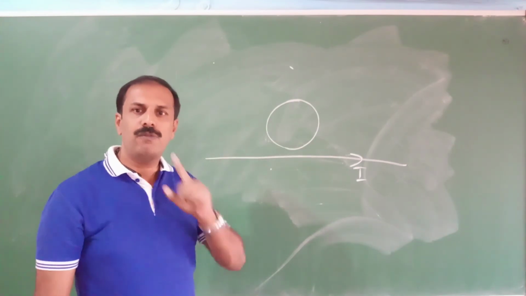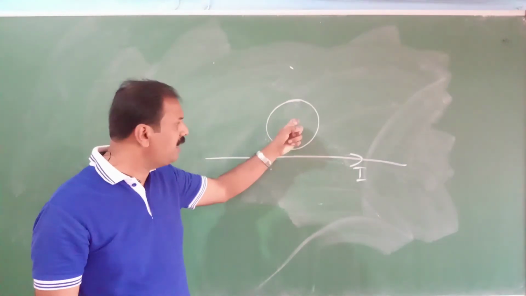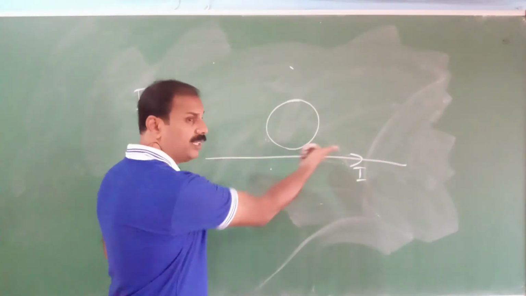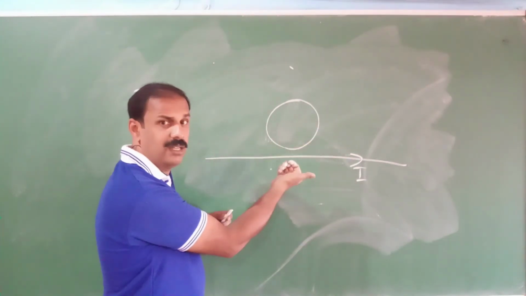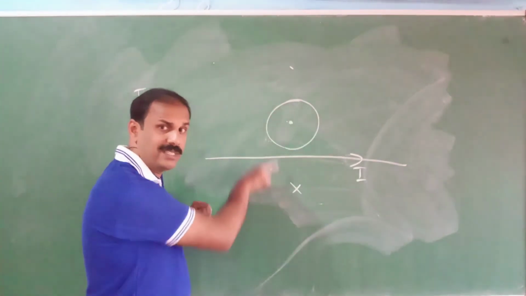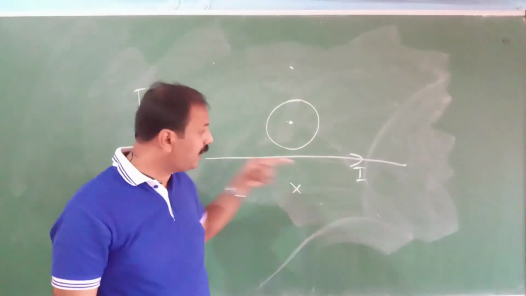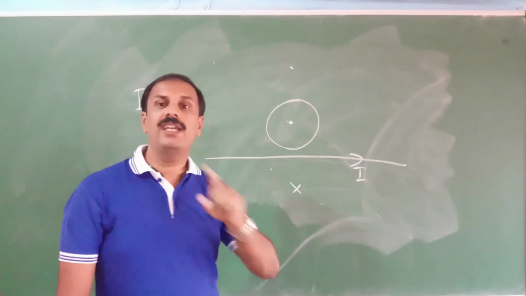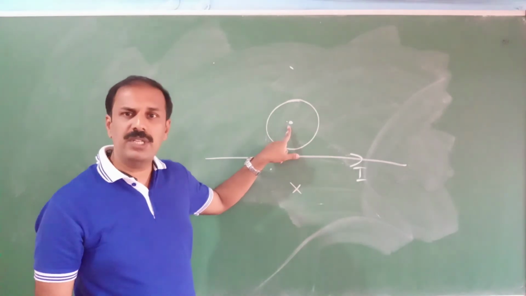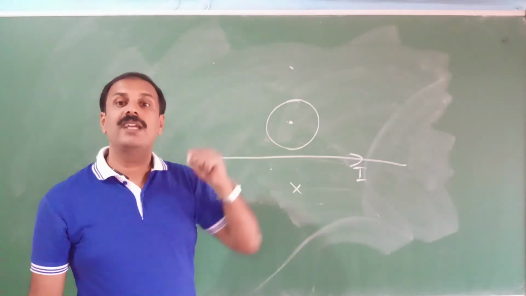So for that, first you have to find the direction of the magnetic field inside this loop due to this wire. You use your right hand rule, so you will get the current is that way, so like this should be the magnetic field. So here the magnetic field is coming out from here, here it is going inside, so the magnetic field is like this, using the right hand rule. Now what it says, the current towards that direction is increasing. If the current is increasing, naturally this magnetic field is also increasing, that is the magnetic field which is towards this direction, that is increasing.